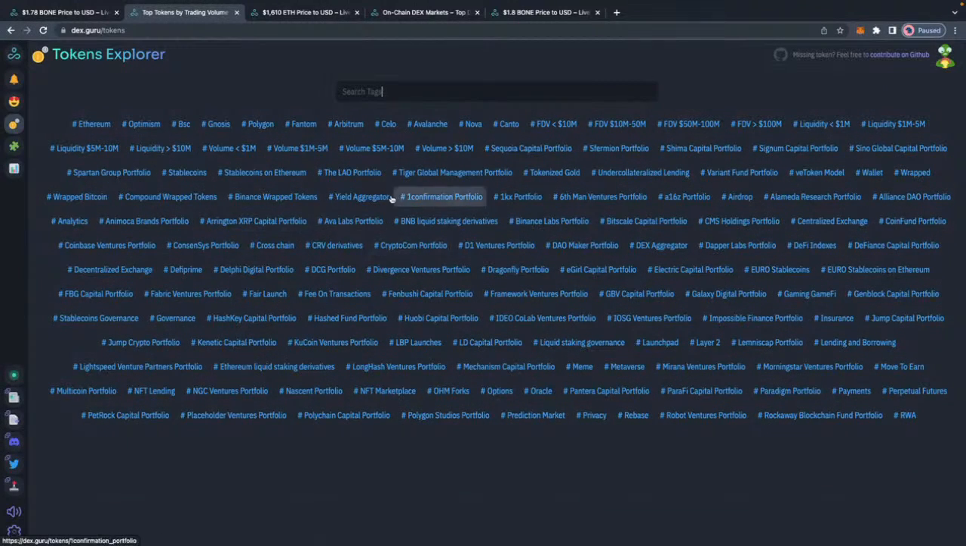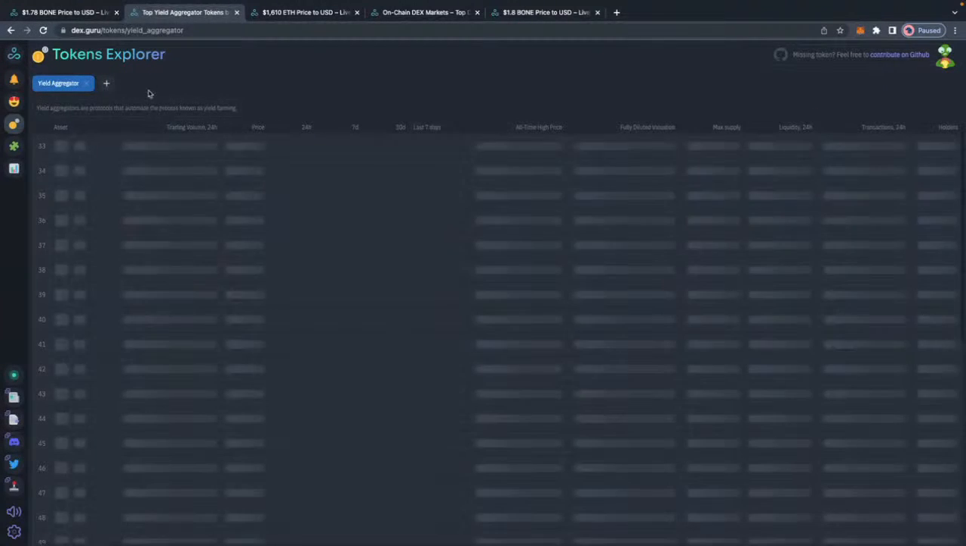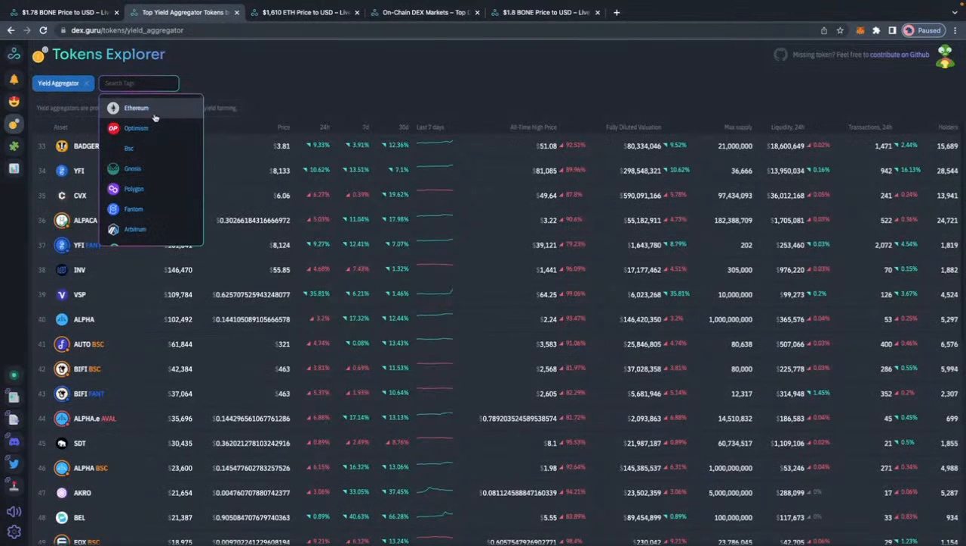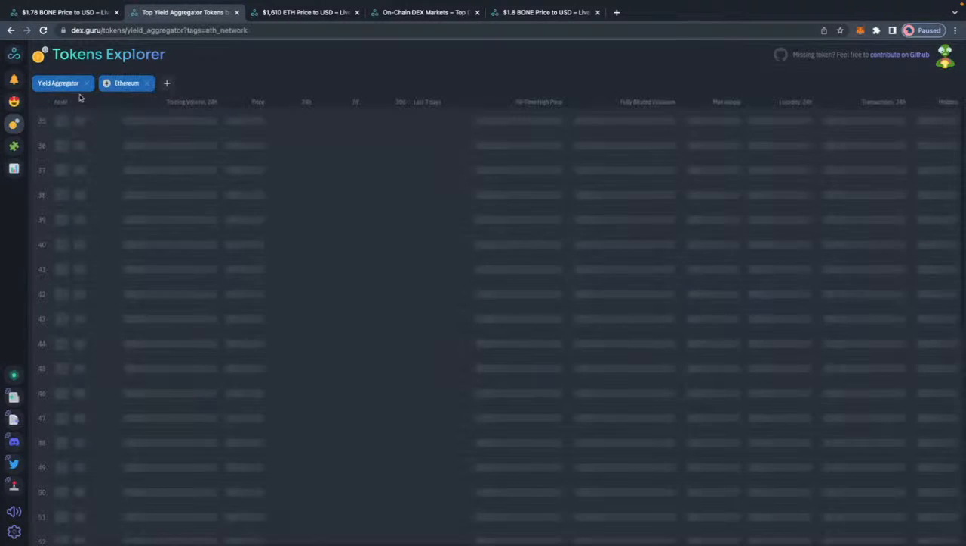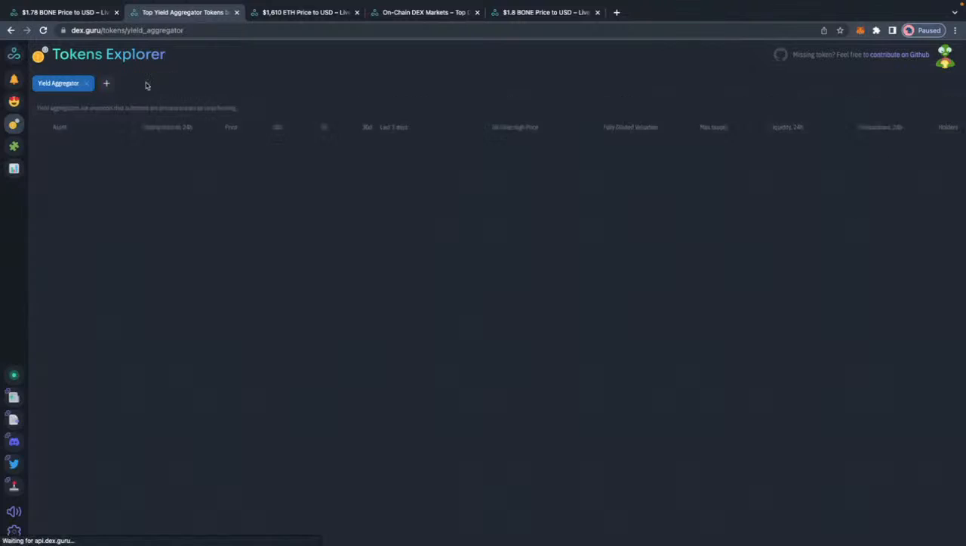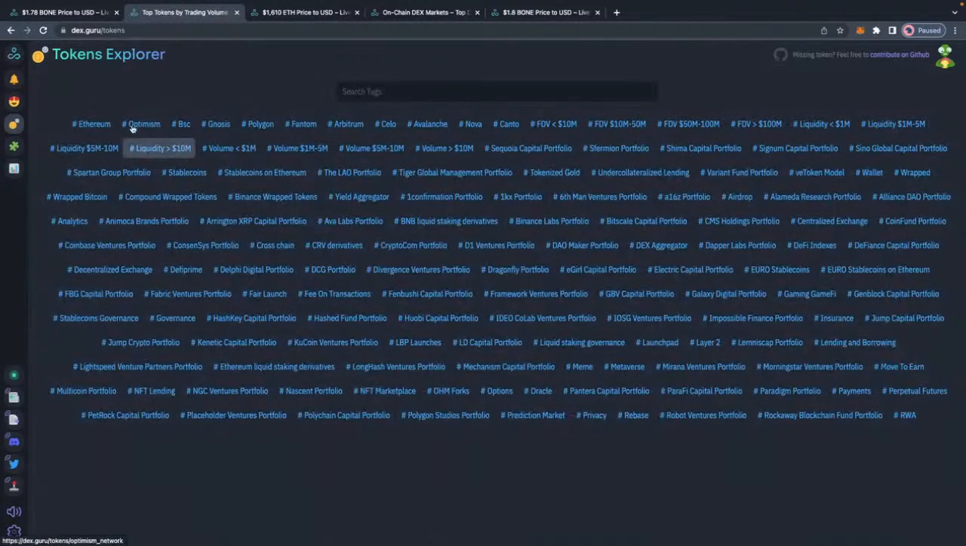You can do yield aggregators. You can also combine tokens. So if you want to see yield aggregators on Ethereum, you can do that. So a very cool tool to discover new tokens,